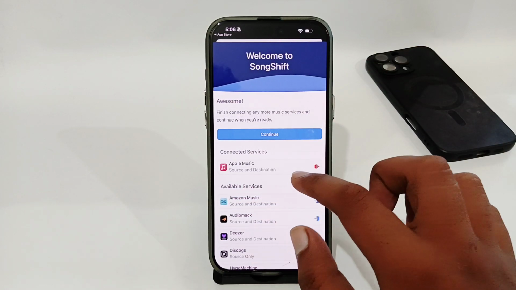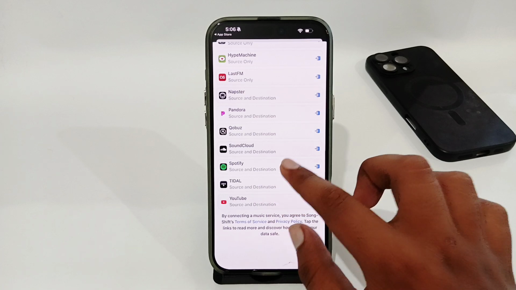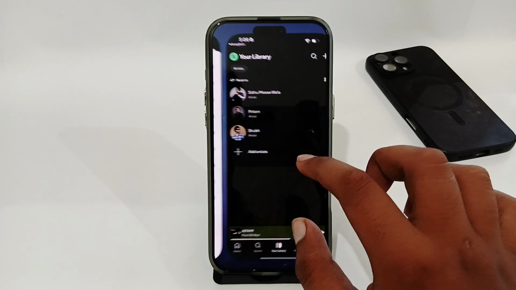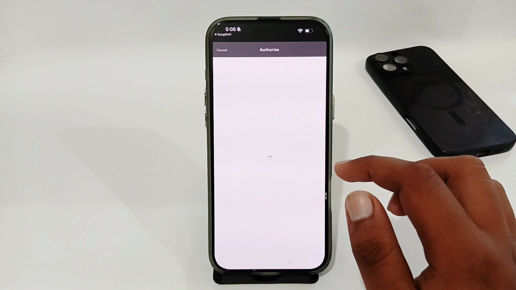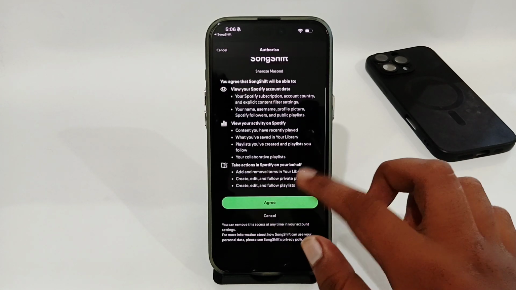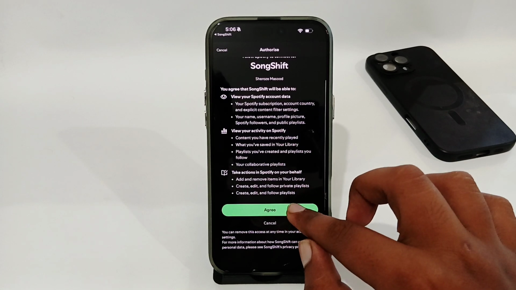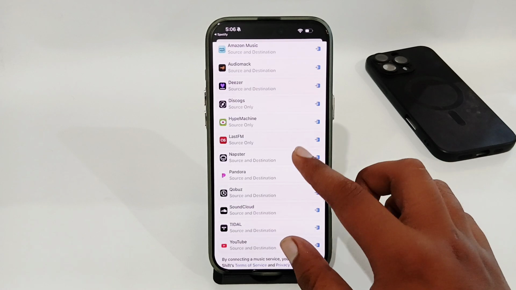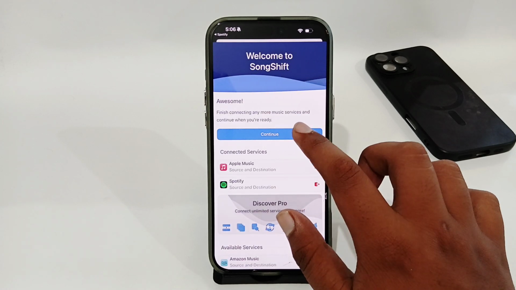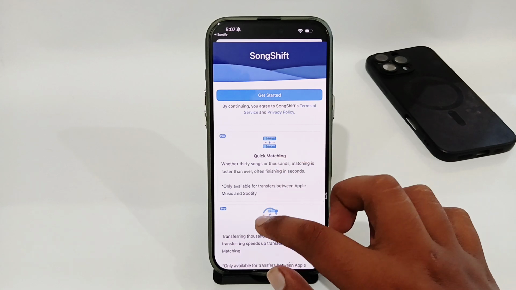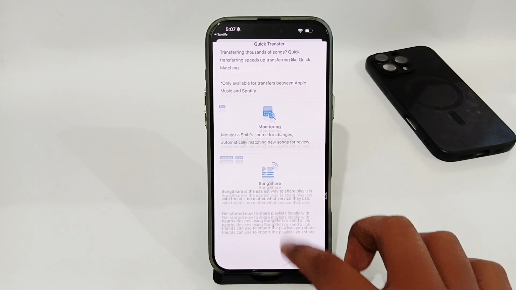Once the app has been connected, you have to select Spotify, then select open, and from here you have to wait for its loading and then select the allow option or agree option here. Simply tap on that and it will also be connected. Now what you have to do, simply tap on this continue option, and here you have to look for,